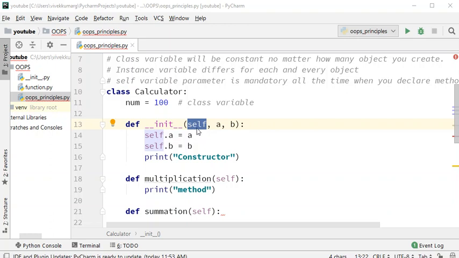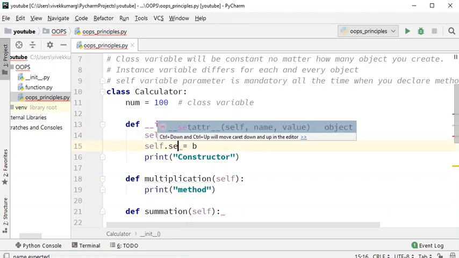So for that object, you are attaching these variables a, b. Or let's say first number and second number, just to avoid confusion.